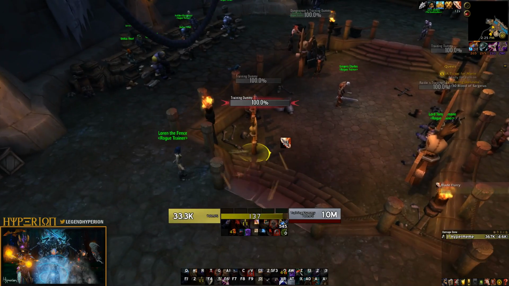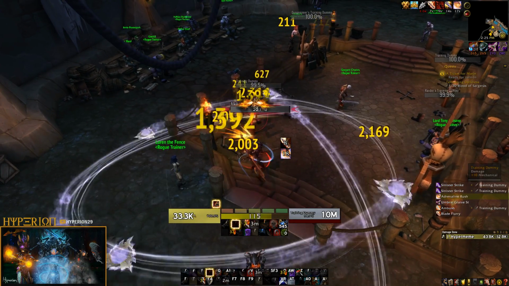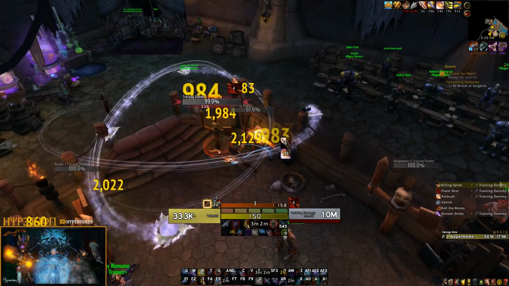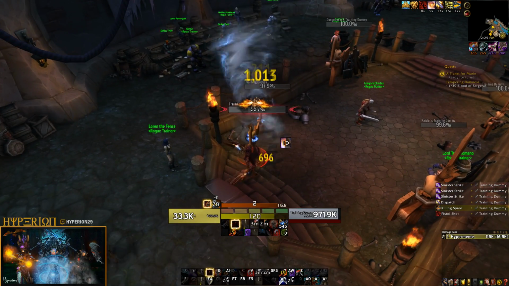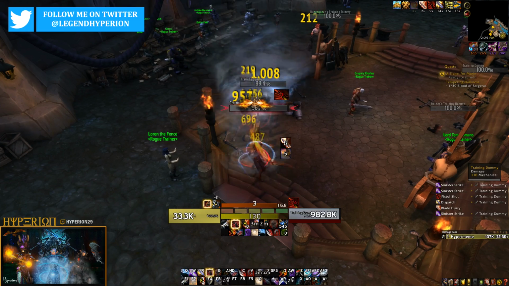Now let's take a look at the opener and the rotation. Out of Stealth, you will want to Blade Flurry and then followed by Ambush and Adrenaline Rush, after which you will be building up to 5 combo points and using Roll the Bones. Then you will want to Vanish to take advantage of your shoulders again, followed by Ambush, 2 Sinister Strikes, and